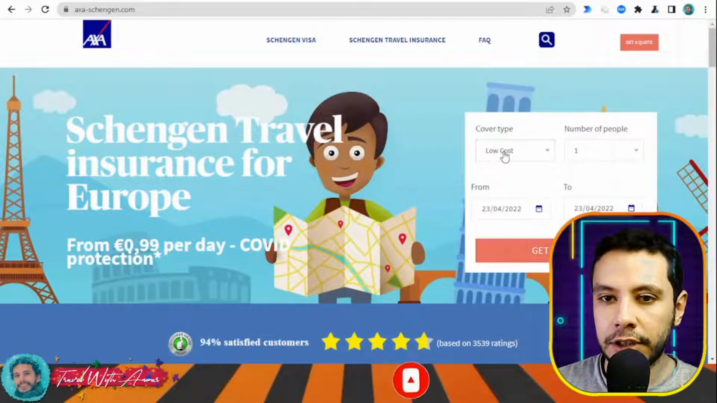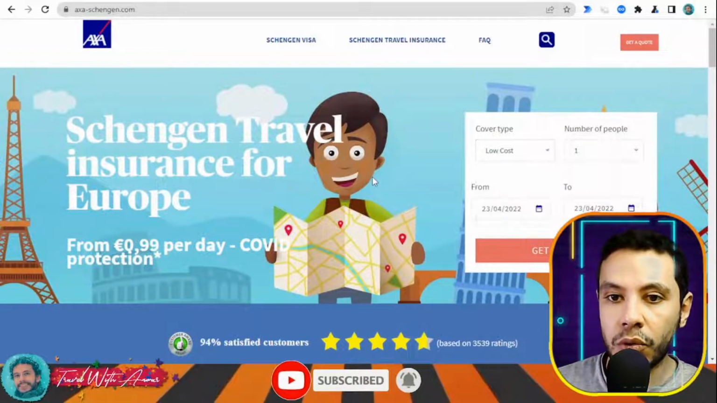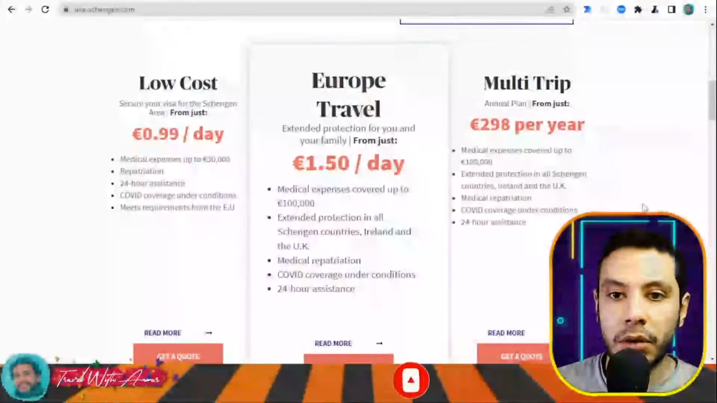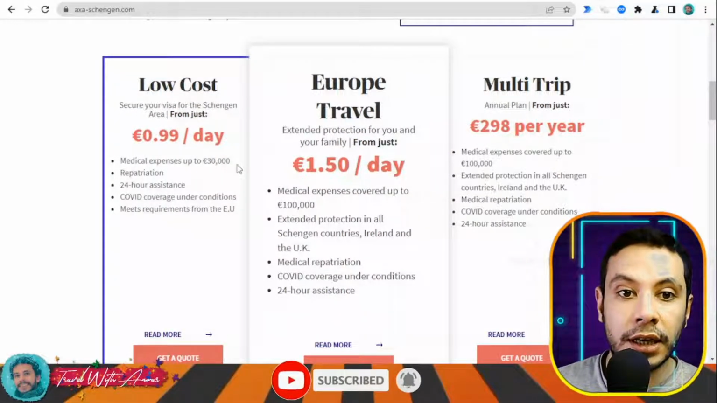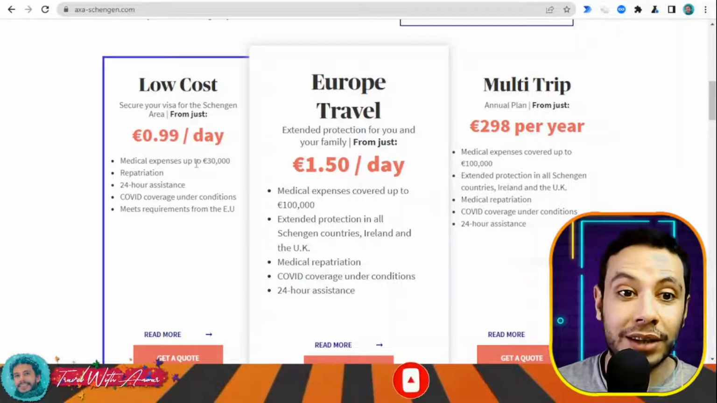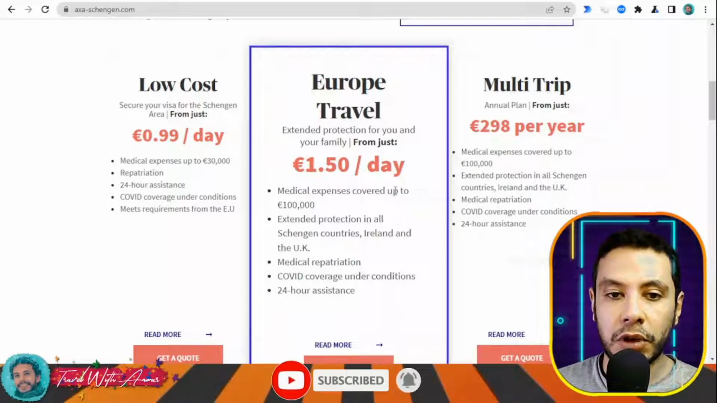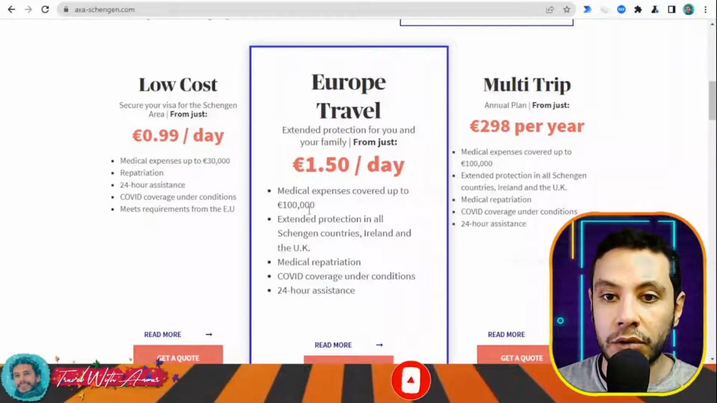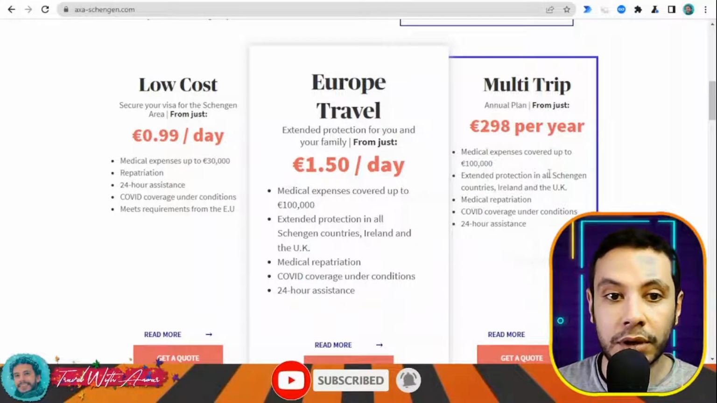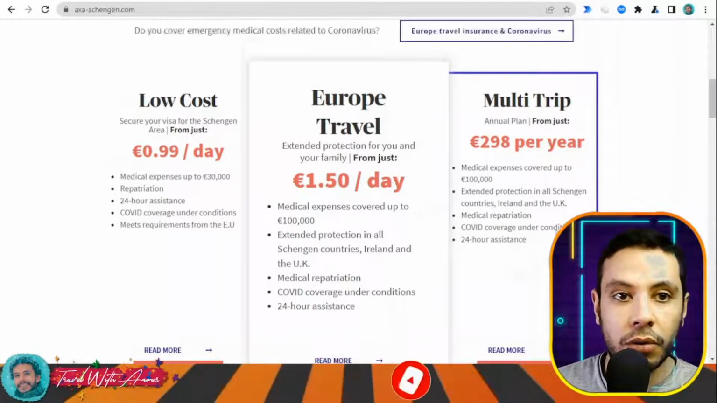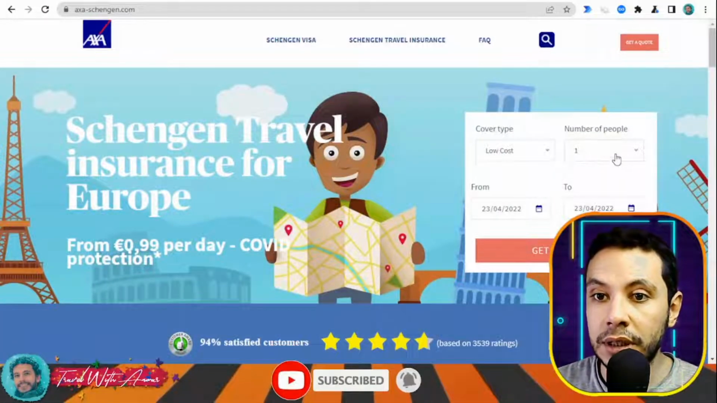Here you have different types like low cost, Europe travel, or multi-trip. So what is the difference between all these things? For low cost, it is up to 30,000 euros, and this is the required cover for Europe, so you can apply for it. There's also another one for 100,000 euros, and another one for 100,000 euros but per year. So let's just go for the low cost one for 30,000, the one that we need, and the number of